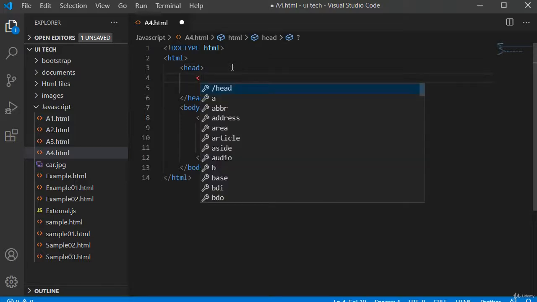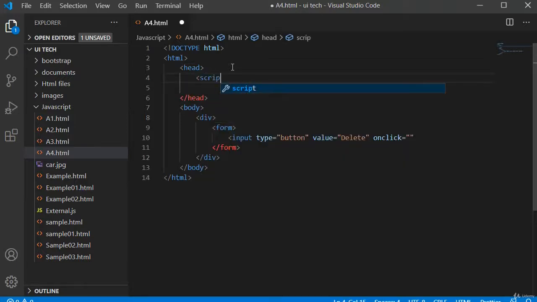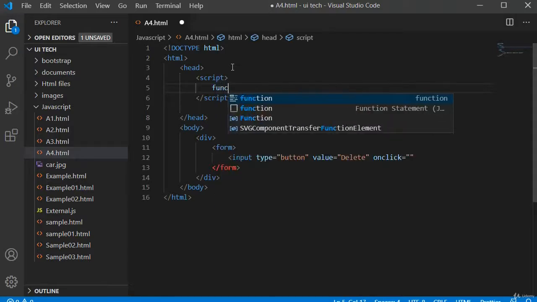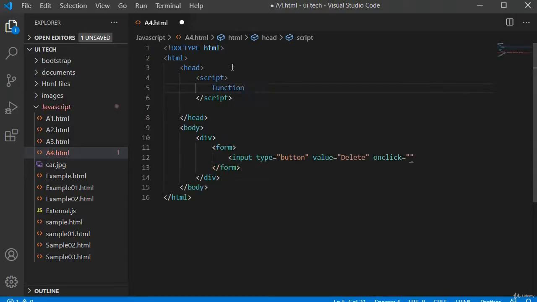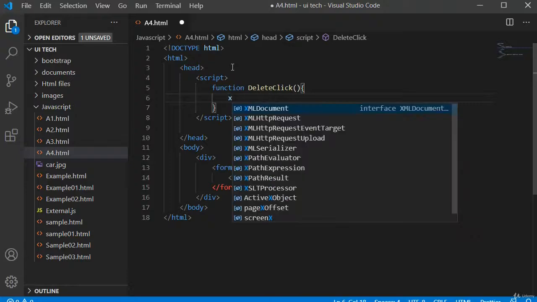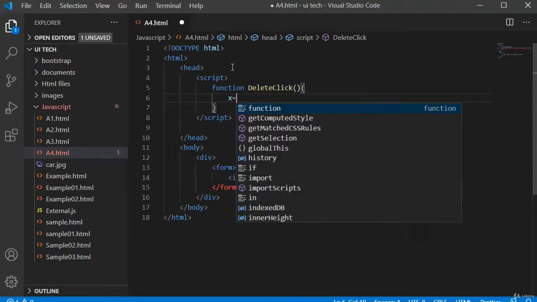I want to write my function in my script tag. In script tag, I am writing my function deleteClick. This is my function. Inside this function, I want to use confirm function. Confirm predefined function. I will just create a x variable and I will use confirm.